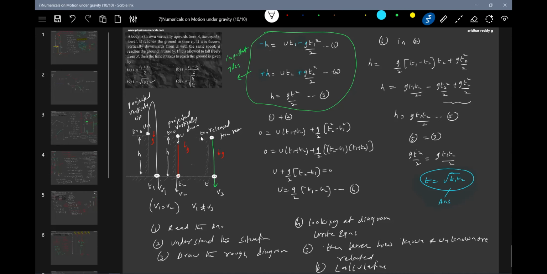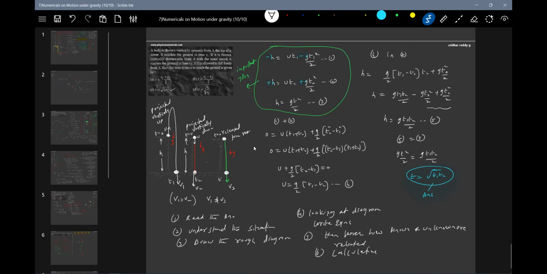There's a fundamental one. You go for any problem, there's only one methodology available. Look at the diagram and write equations, or search for an idea, or explore the idea.